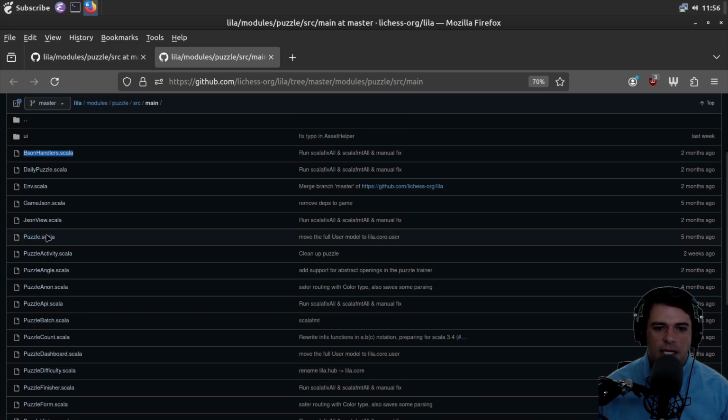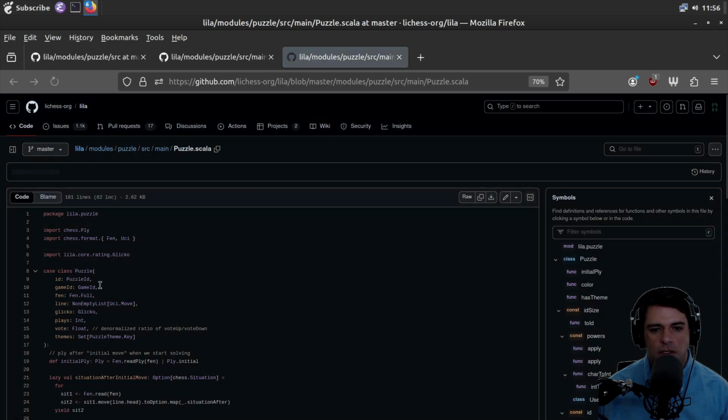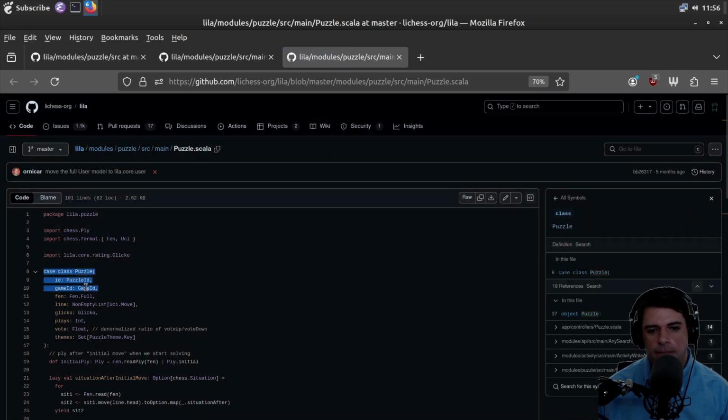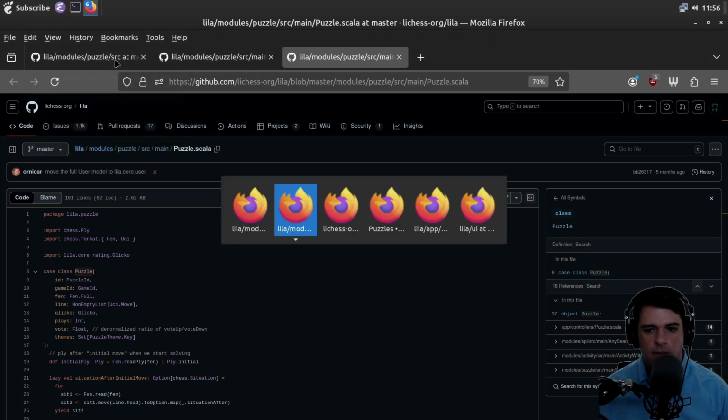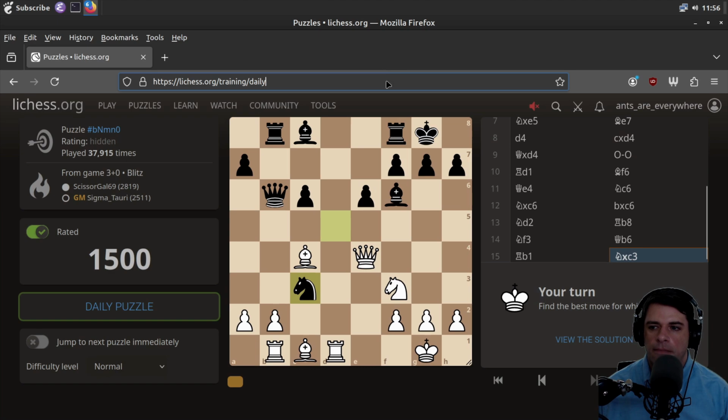Here's puzzle.scala. Is that what we just looked at? I think we looked at daily puzzle, right? And let's just see what sorts of things. So a puzzle has a puzzle ID, a game ID. Game ID is maybe where I think the puzzles came from games. Let's take a look at it. So here's the puzzle. This is presumably the ID. This will tell you how many times it was played. I didn't really see where this came from. And it's from a game